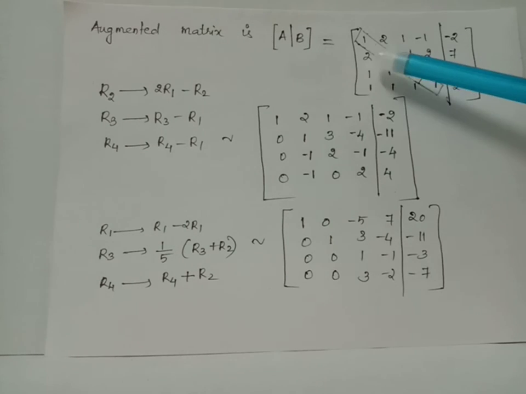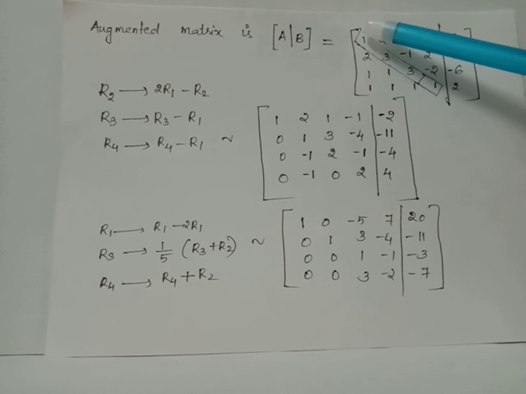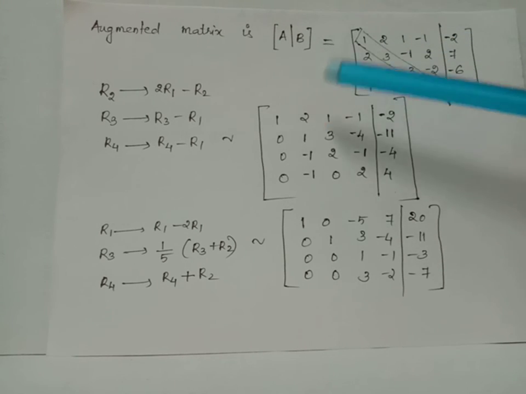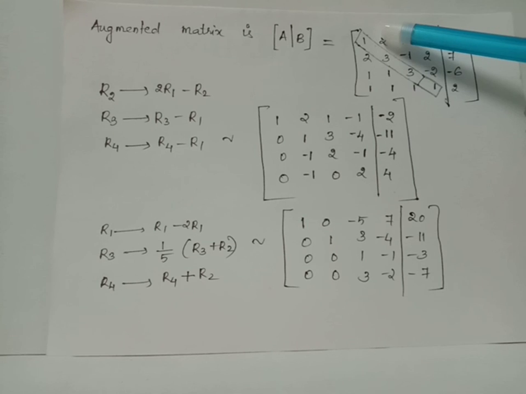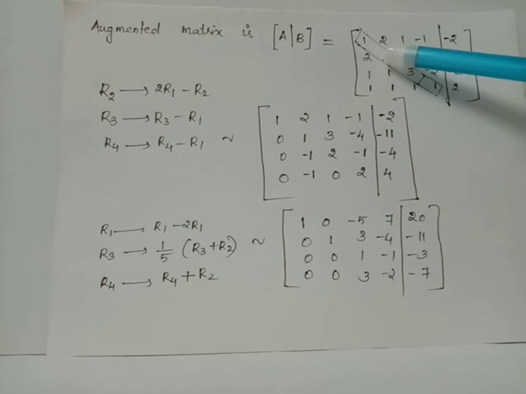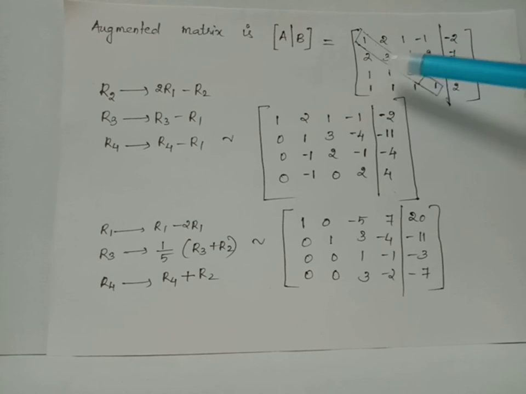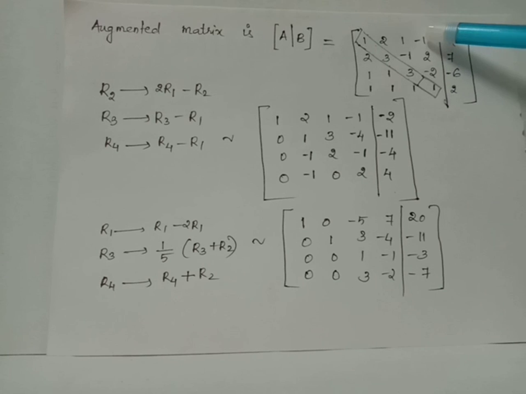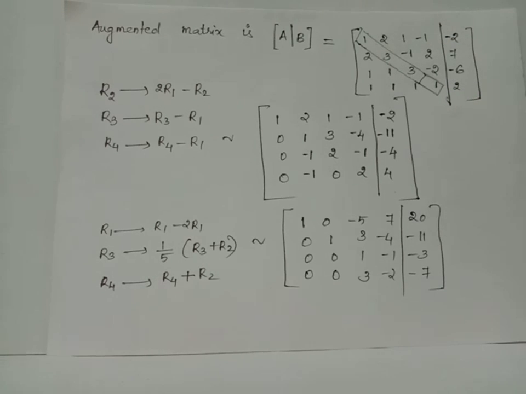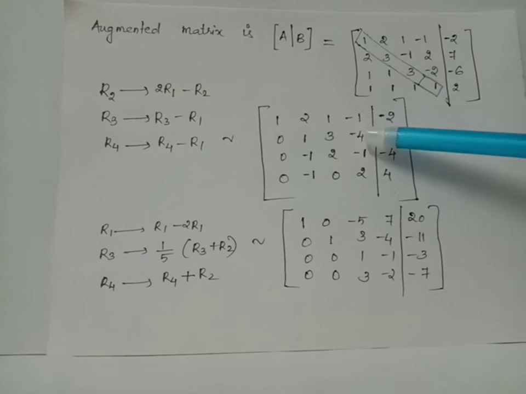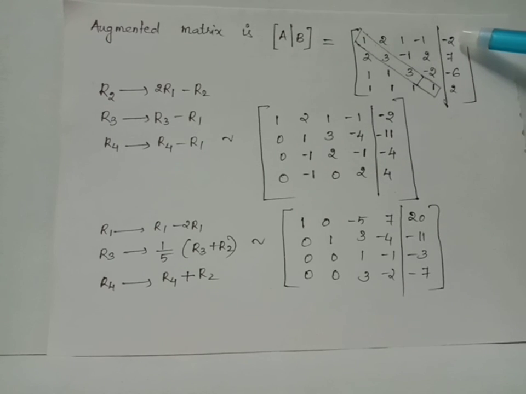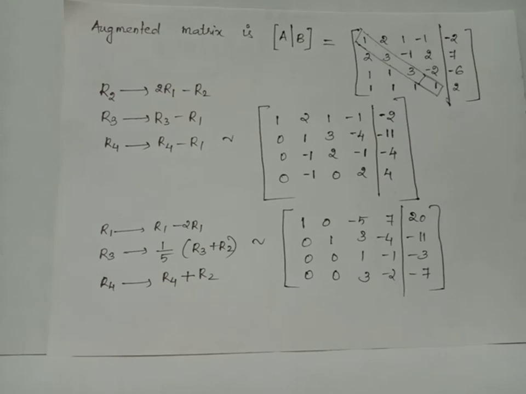That is, this entry will change such that 2 times 1 minus 2 becomes 0 here. 2 times 2 minus 3, that is 4 minus 3, becomes 1 here. 2 times 1 minus of minus 1 becomes 3 here. 2 times negative 1 minus 2 becomes minus 2 minus 2, which becomes minus 4 here. 2 times minus 2 minus 7 becomes minus 11 here. Similarly, applying